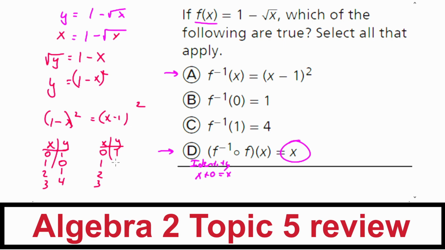If I plug in 1, I get 1 minus 1 is 0. If I plug in 2, I get negative 1, which gives me back 1. And here I get 3 minus 1 is 2, so that gives me back 4. And I can see that these are generating the same values. And then it just says f of negative 1 is equal to,